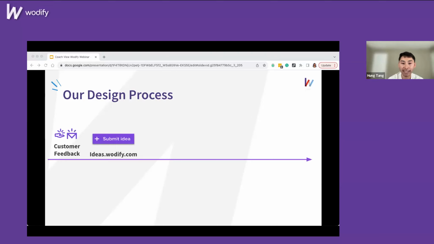Next, we also have a feedback platform called ideas.wodify.com, where we capture ideas customers submit directly to us. When we're building a new feature, we take a look at some of these ideas and see if we should incorporate them in. Next, we're also a big fan of calling customers directly. For example, for the upcoming point of sales relaunch, I picked up the phone and called gyms who are using our self-service point of sale feature to solicit feedback. We love hearing what our customers have to say and hearing their perspective.